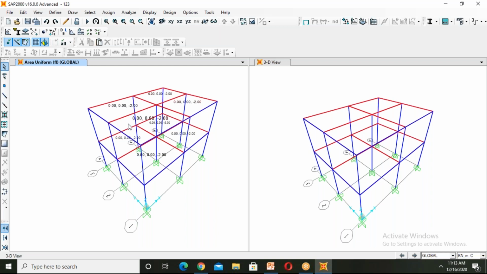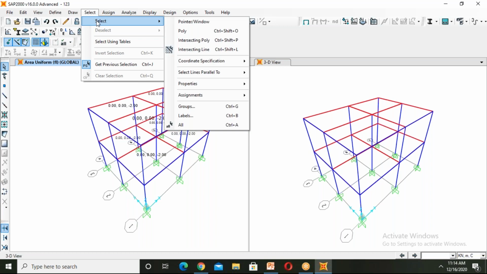The density of the wall will vary if it is not a masonry wall, or if other bricks are taken. Normally the red brick masonry wall density is 20. So 0.23 into 3 into 20, the density of the wall. After calculating this, we will get 13.2 as a dead load on the beams.